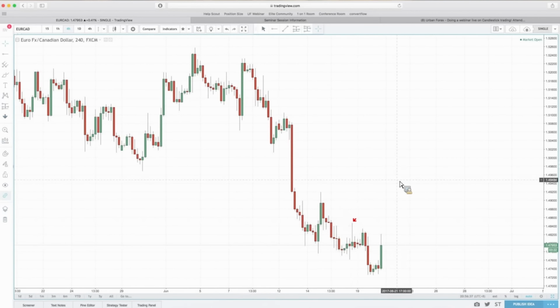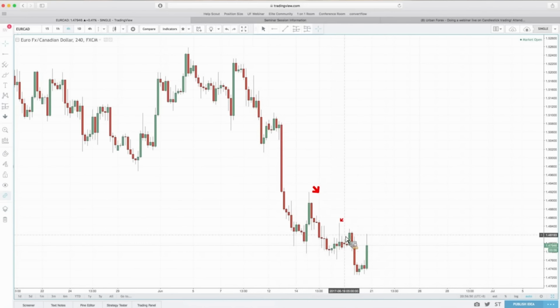Okay, here, let's take a look at this one. You see this one right here? There's a nice rejection there. Let's take a look at that. So this is the 4 hours. Markets are in a downtrend. In this downtrend, markets are going down, down, down, down, down, and we're looking for some kind of a pullback. We're looking for a pullback that we're like, oh, can we trust this? And can we do the sell?